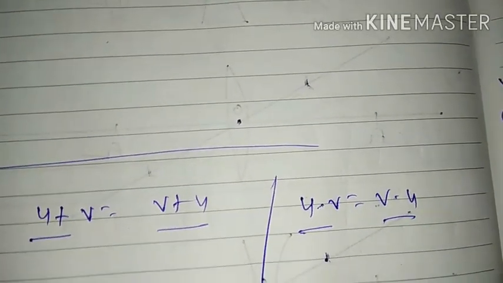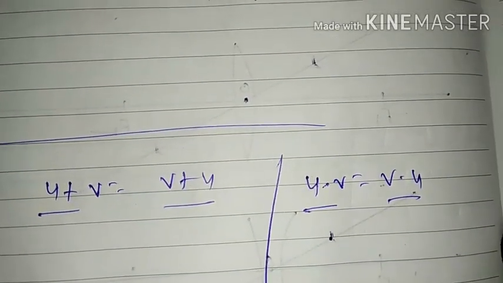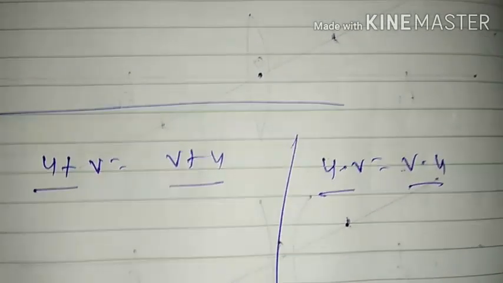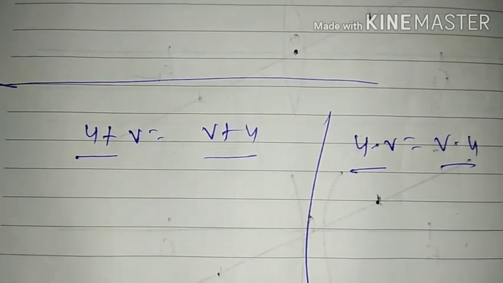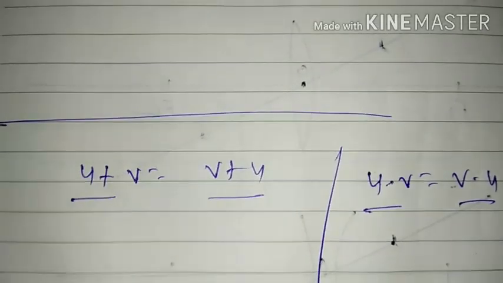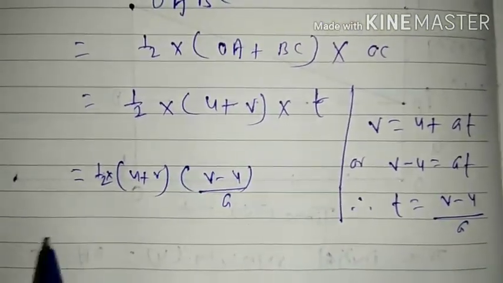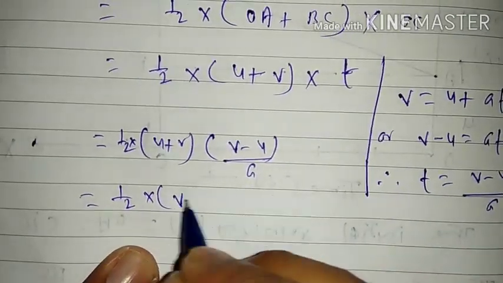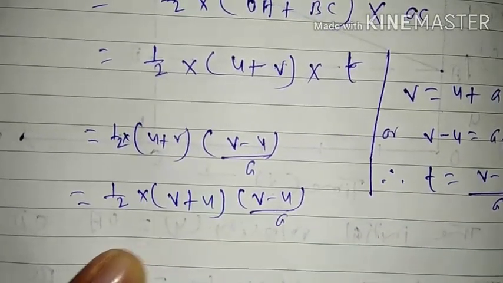I had stated many times in our regular classes also that the backbone of science and mathematics is the knowledge of all fundamental mathematical operations. So try to learn them really. What are fundamental mathematical operations? Just we can change this shape here, and what can we write? s is equal to 1 by 2 into v plus u, this into v minus u, this divided by a.